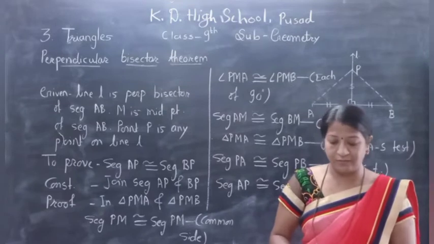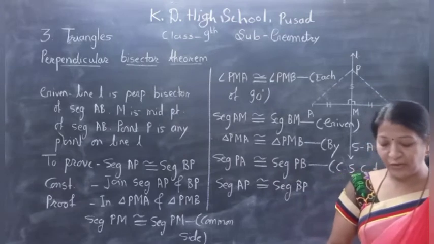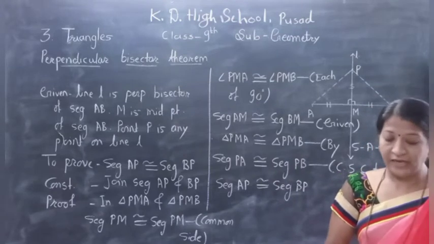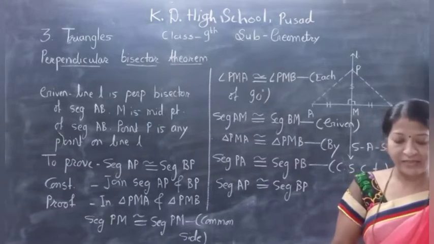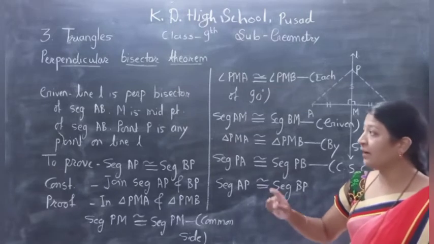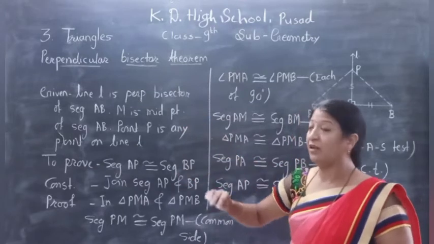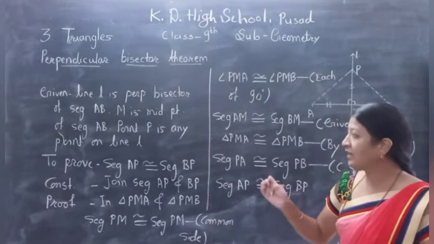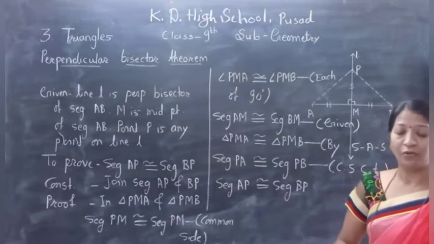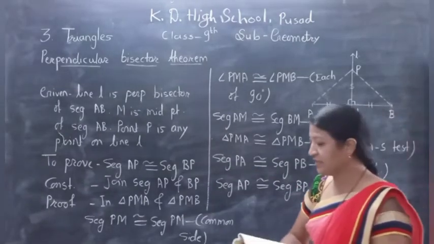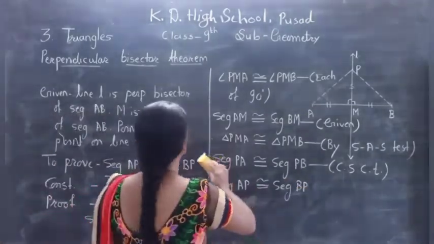Now next, that is the converse of this statement. What will be the converse of this statement? See, any point equidistant from the end points of the segment lies on the perpendicular bisector of the segment. Exactly opposite. What is a converse? The given becomes the to prove and to prove becomes the given. Given and to prove are interchanged. Now what was given? Line L, the perpendicular bisector, was given and we proved AP and BP are congruent. Exactly opposite. Okay, we start: any point equidistant from the end points of a given segment.